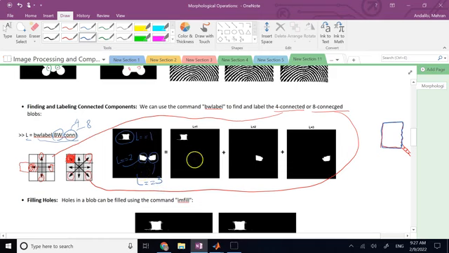Now, can it return empty blobs? Of course it does. It returns as many L's as the number of pixels in the image in one direction. But only the first few of these L's are the ones with non-zero pixels. The rest of them, as you will see, they will all be empty. They will have nothing in them. And that's another thing that you have to keep in mind when you're dealing with BW label. So if I want to do that for you here,